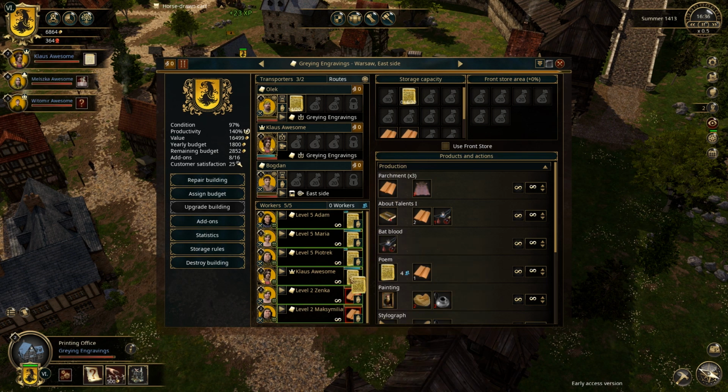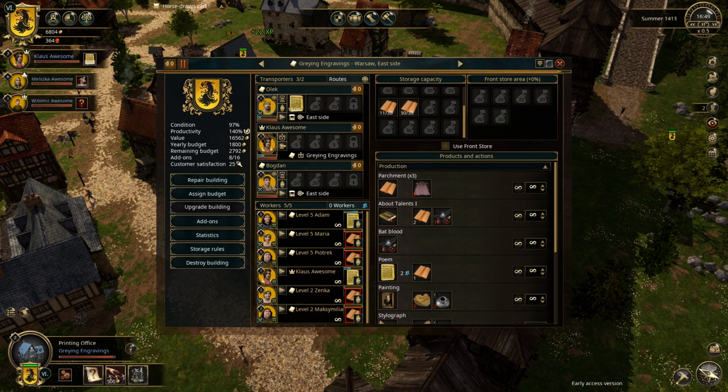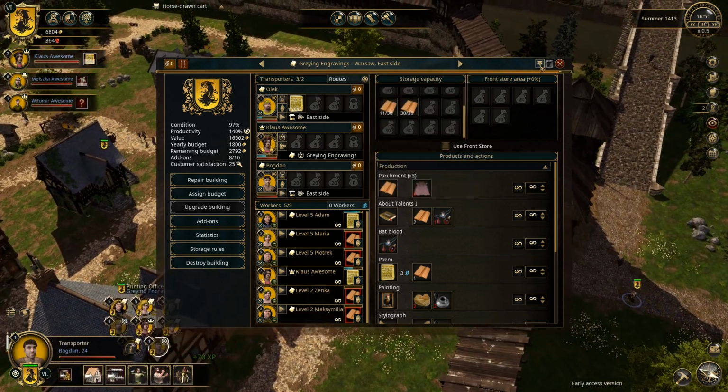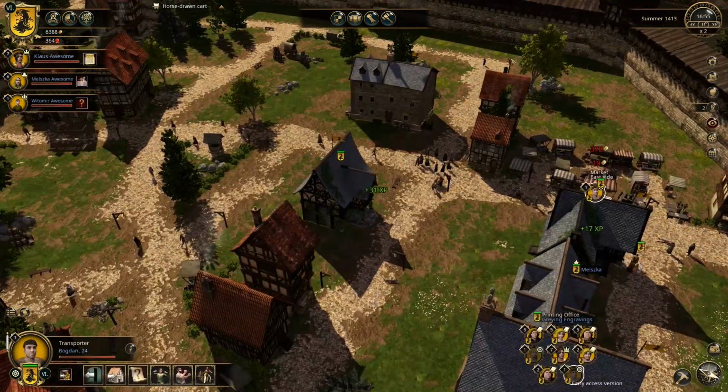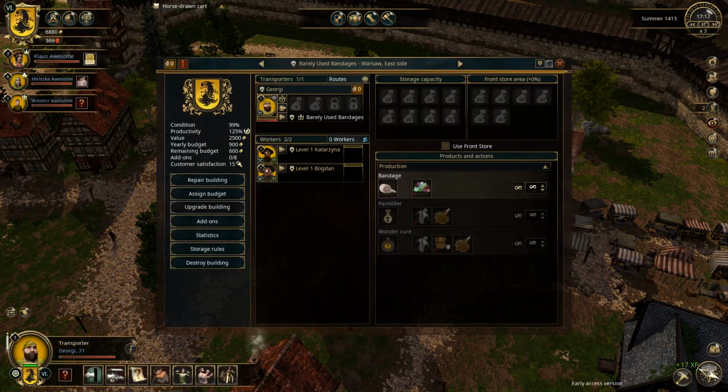Now, we'll change it up a bit so we always have... Actually, no, I want myself making poems because I want that sweet XP. Let's do it like this. 3 people making... Actually, no, 4 and 2. And this guy is on his route. Excellent. Now, for the pest house, we want to hire a transporter and stop him from doing whatever,